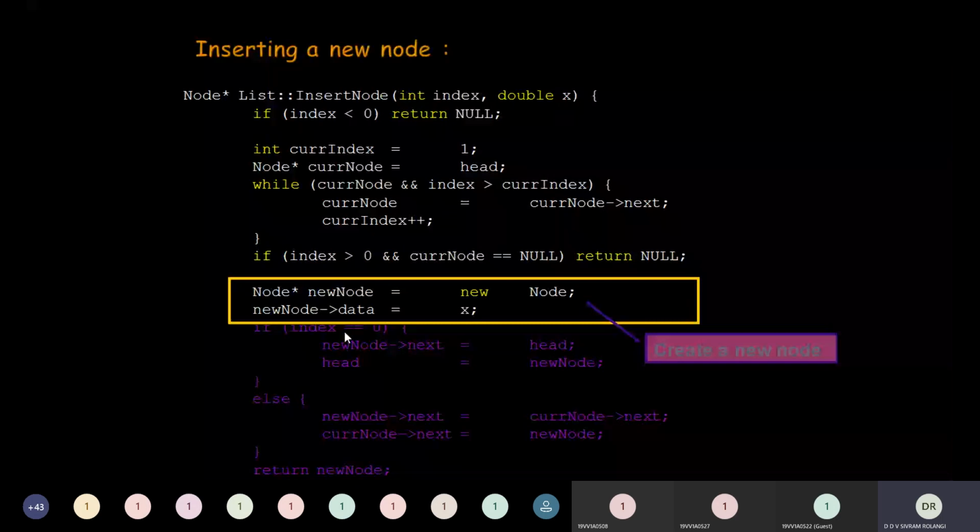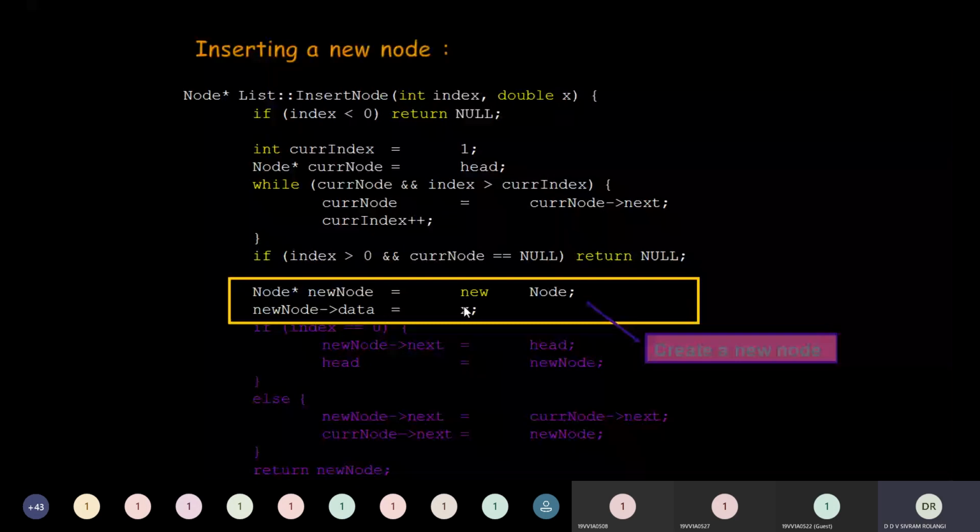If it is a normal variable, we have to use the dot operator. Since new node is a pointer and we are accessing the data field, the pointer to member access operator is this right arrow. New node right arrow data goes to X. This is how we are initializing, so the data field of the new node is going to have this data element X.